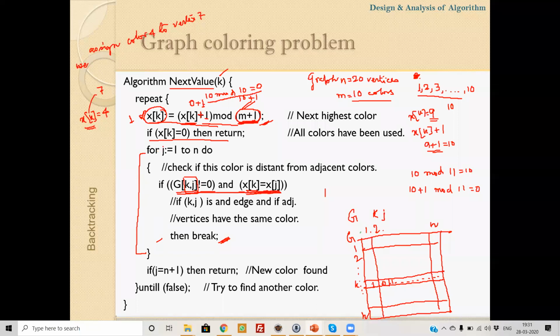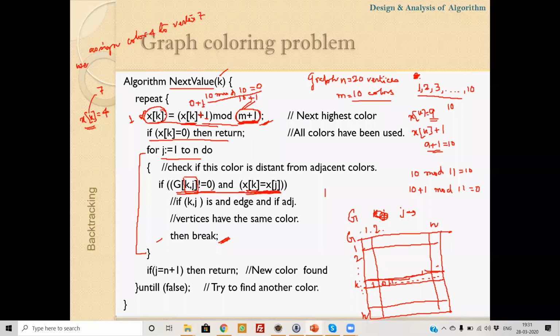So for all the vertices from 1 to n, say this is the index j, j equals 1 to n, who are adjacent of k can be checked by checking this row. Where this value is 1, they are adjacent. So if gkj is not equal to 0, then these two vertices, k and j, are adjacent.